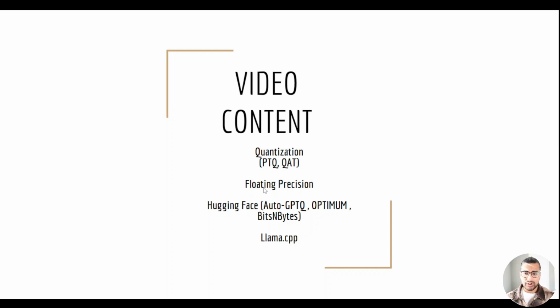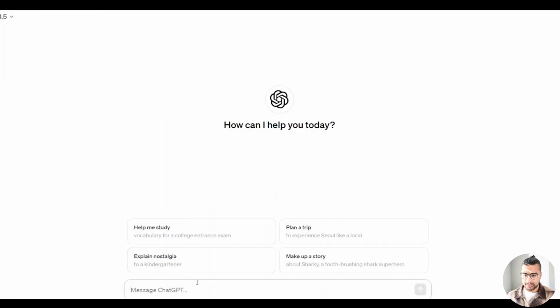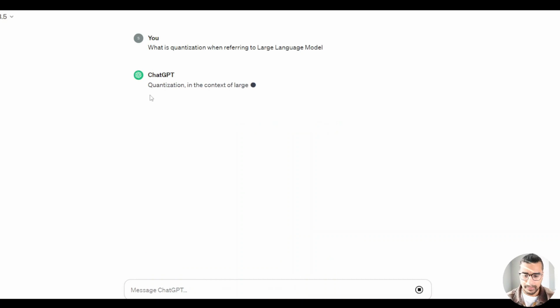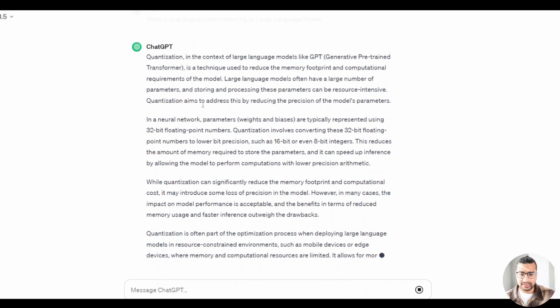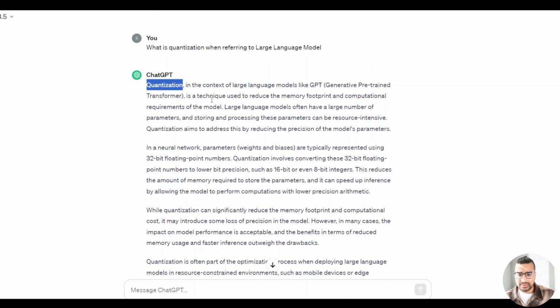And what is quantization? Let's ask ChatGPT what exactly quantization is. What is quantization when referring to large language models? Okay. So we got the response from ChatGPT, and ChatGPT is saying that quantization is a technique used to reduce the memory footprint and computational requirements, right? So basically, we do quantization to reduce the amount of GPU RAM required and also increase the speed of the